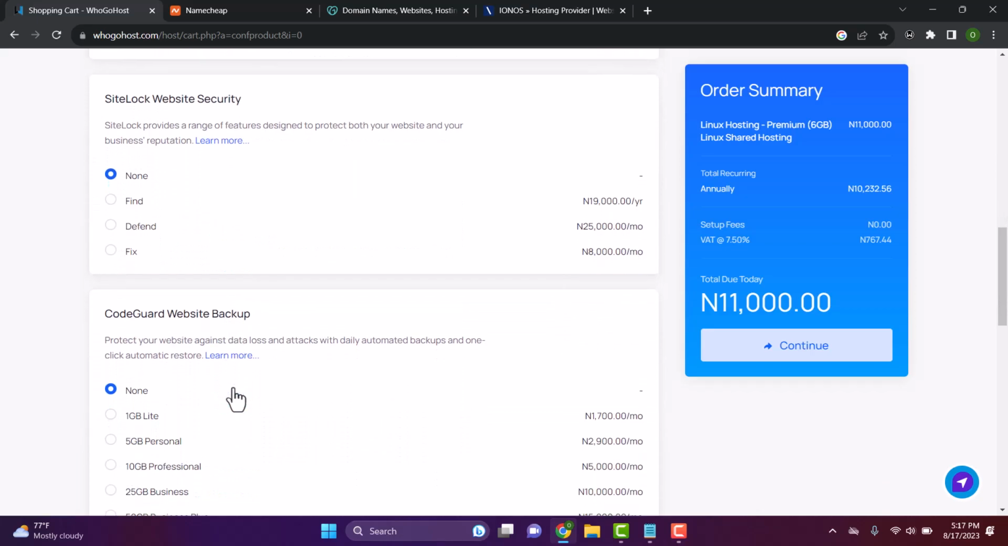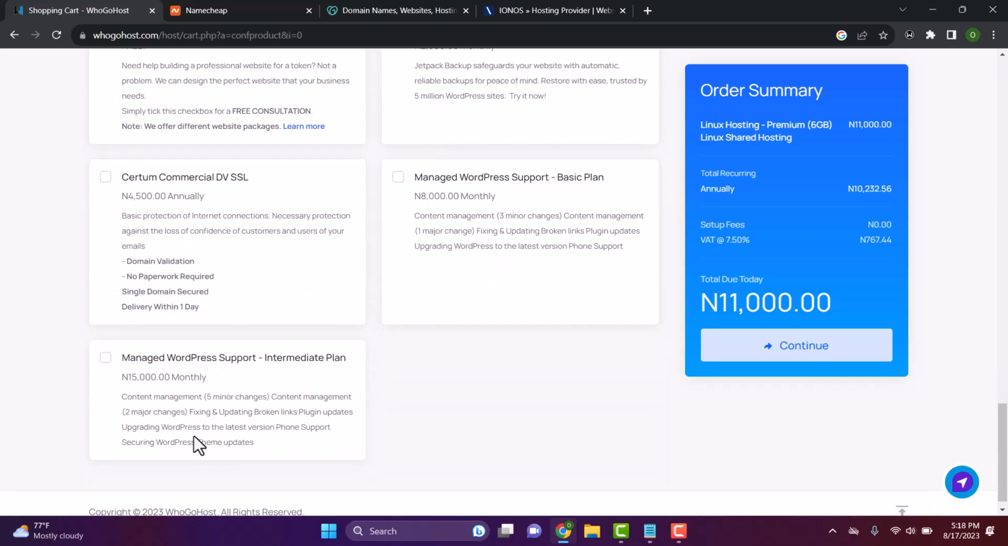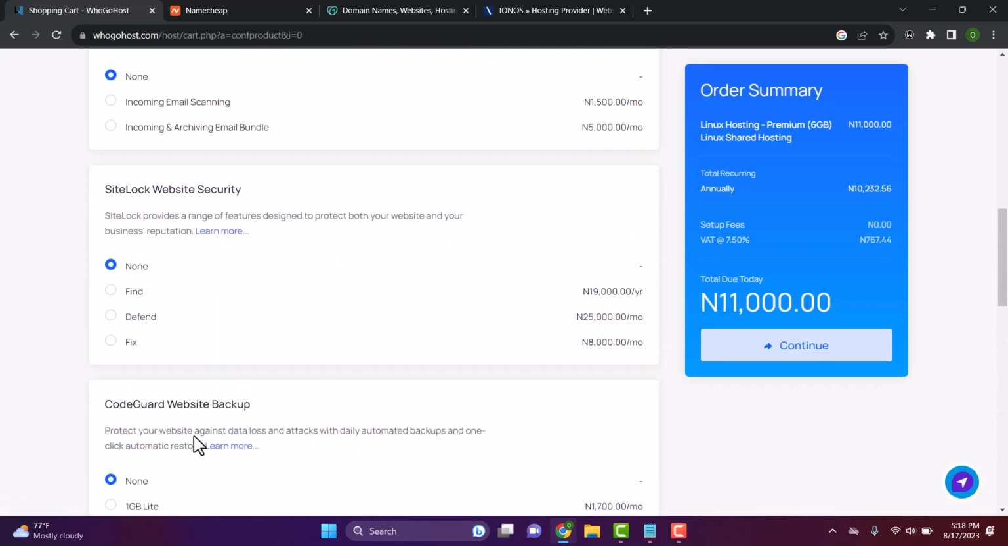So you can pick other options like SiteLock, website security. You can see this one now is 19,000 per year. I don't usually do all this, though if you prefer this or you want this, you can pick. SiteLock provides a range of features designed to protect both your website and your business reputation. You can also see CodeGuard, website backup, and so on. I'm picking none of all these things. Then I'll go directly into this